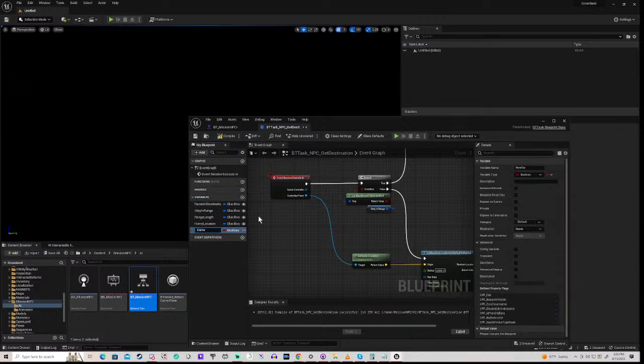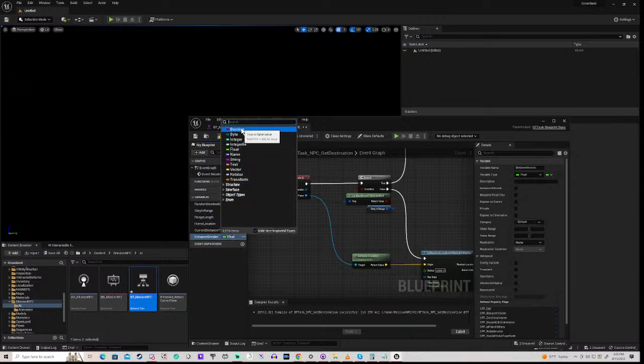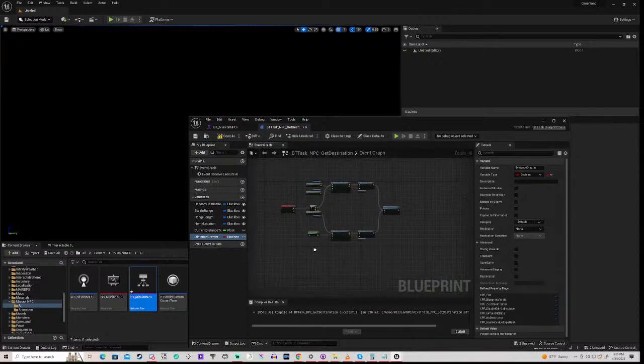We're going to say current distance to target, and that's going to be a float. And then we're going to say distance greater, and that is going to be a bool. Okay,